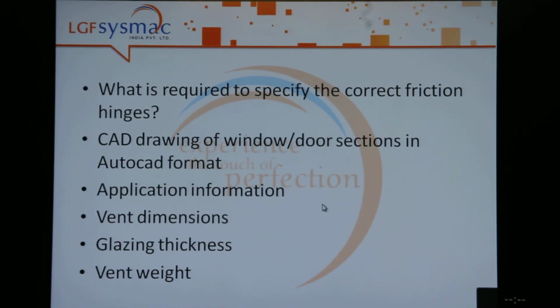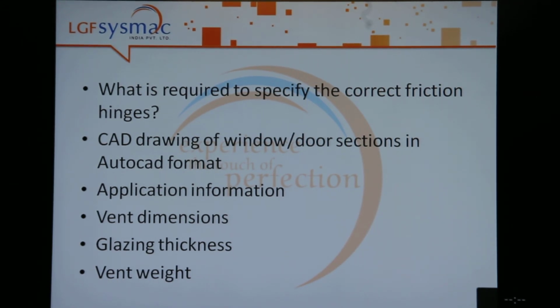What is required to specify the correct friction hinges? Means how we can specify the correct friction hinge. What we need from the client side is the CAD drawing of the window and door section in AutoCAD format. Means we need dimensions, and by the AutoCAD we can recognize what kind of elevation is there, whether it is a top hung window or a side hung window, and by the dimensions we can specify the correct friction hinge.